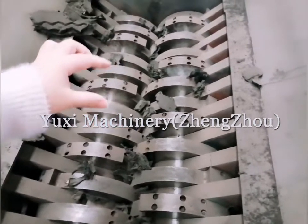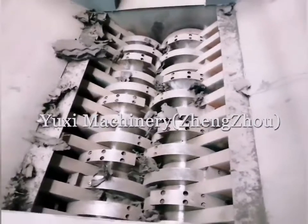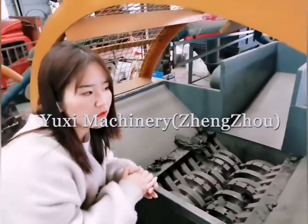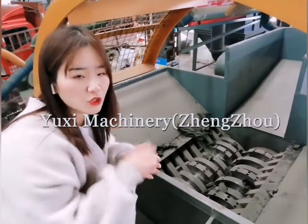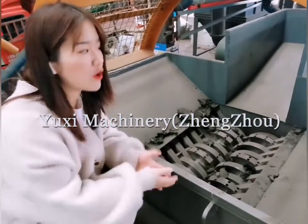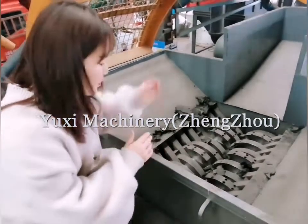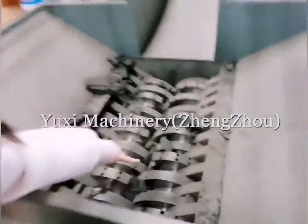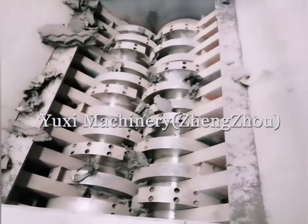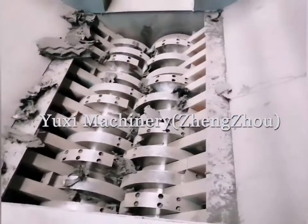For processing your raw material, especially the scrap metal, your final required size is around 5 cm to 10 cm. The thickness of the blade I recommend to you is 70 millimeter. That's to say, the blade thickness is 70 millimeter, and this working chamber is mainly made up of